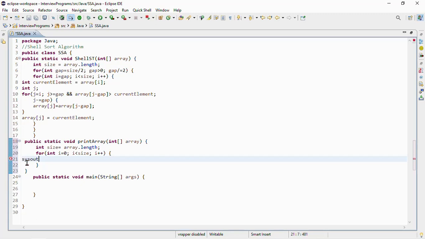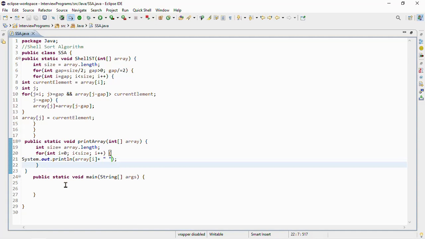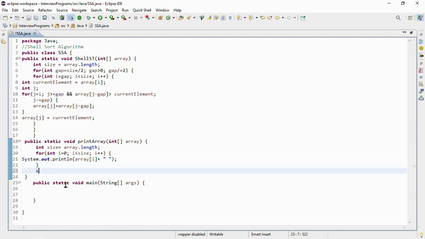System.out.print array i plus, save the code, and again one println statement here. Okay,